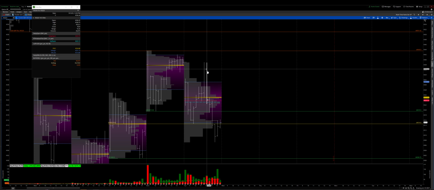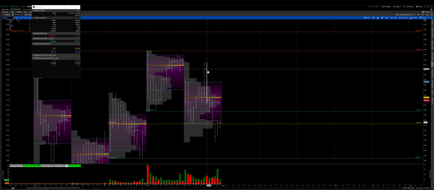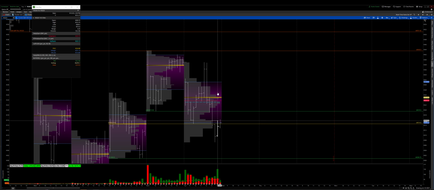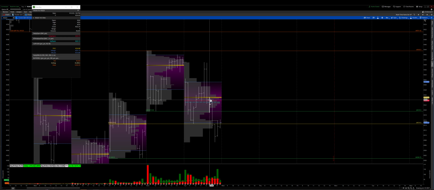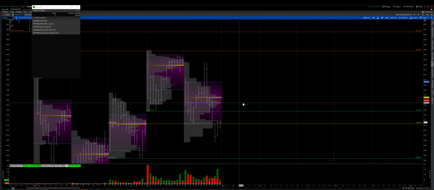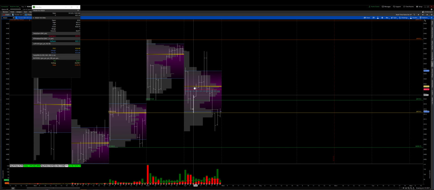So you've got some pretty decent risk reward, right? You're not risking a whole lot on the upside, maybe 3 to 4 points on the upside to gain, let's just call it 13 points on the downside, right? And then eventually this thing just continued to rotate lower overall, but you're not going to catch the whole move. But that shows you how you could trade a rotational day on a pop